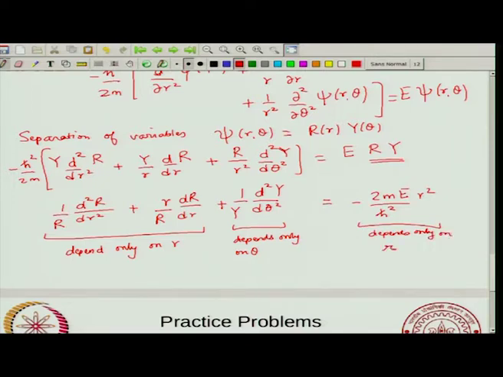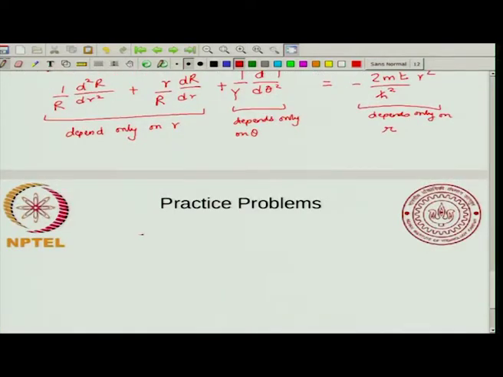Okay. So, that means this theta dependence has to be a constant, because if it is a function of theta, then the right hand side is not a function of theta, and the left hand side cannot be a function of theta. So, this has to be a constant. So, that means you immediately get d square y by d theta square into 1 by y equal to constant. And we have seen this earlier,